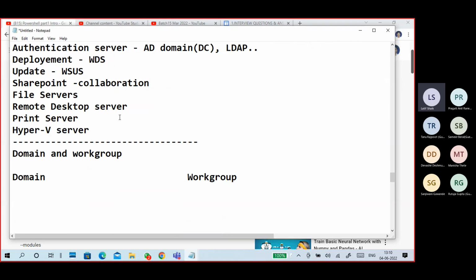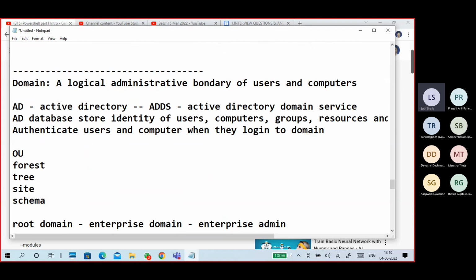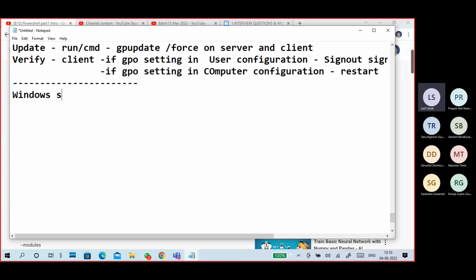Guys, this is about your Active Directory part of Windows Servers. Of course, there is one more: Windows Server 2016 features, 2019 features. Also check what features are there, like Hyper-V, nested virtualization, shielding, shielded virtualization.